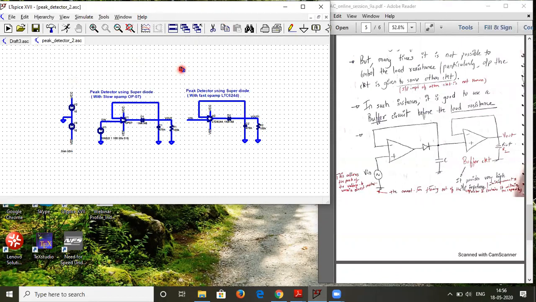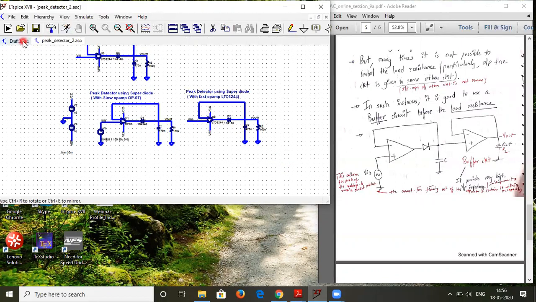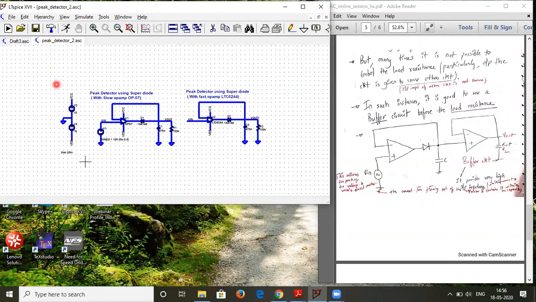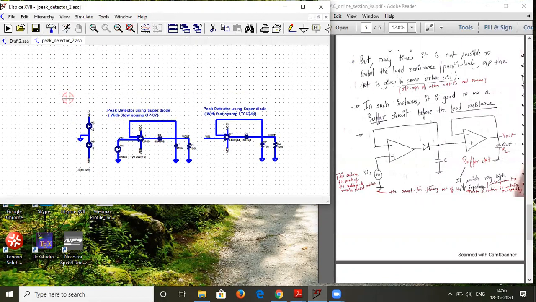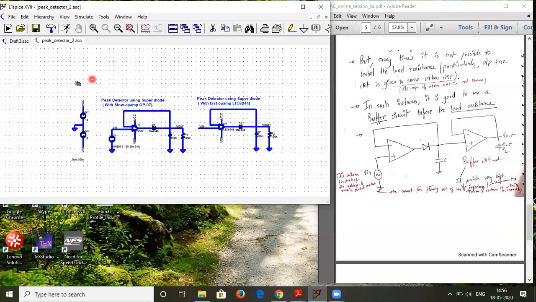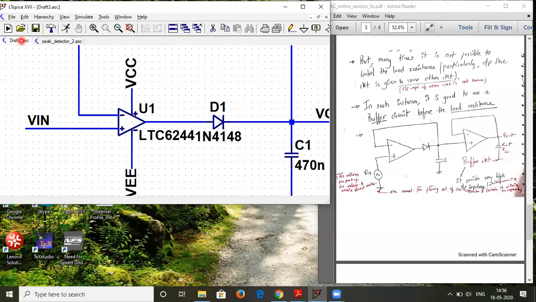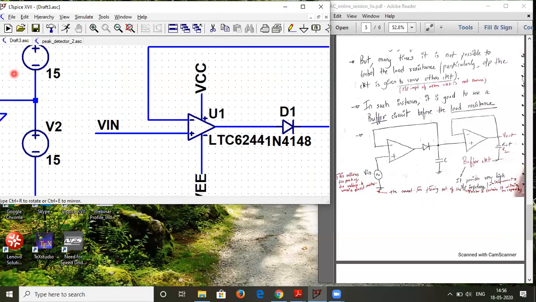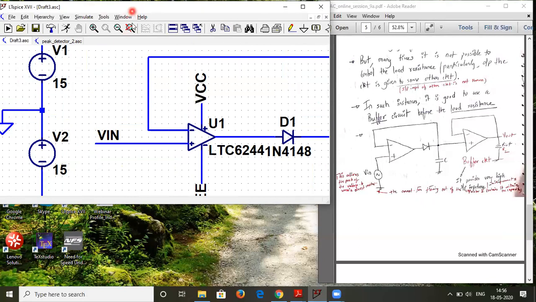Now I will be using a faster op amp, so I will copy this circuitry over here, and copy the power supply also onto the new schematic. You can also do such things so that you can save some time.